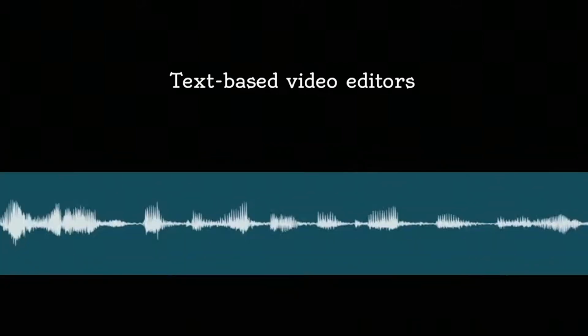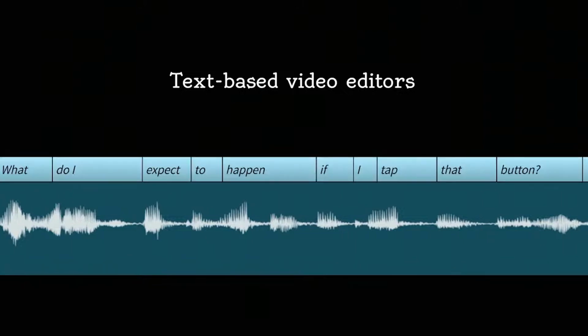But what I think the biggest change in video is, and the thing that I've been super excited about, is text-based video editors. So instead of looking through that audiogram, now you can edit interview footage like you edit a Word doc. And the first time I used one, probably 5 or 6 years ago, I was blown away.